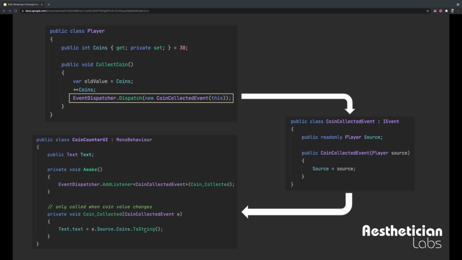And so maybe an additional level of decoupling, in this case we would just do coin value, check the change on that. But again, this is just an example. You can dispatch this event, it flows through into the listener, and it could go to many other listeners, right? It doesn't just go to the one.